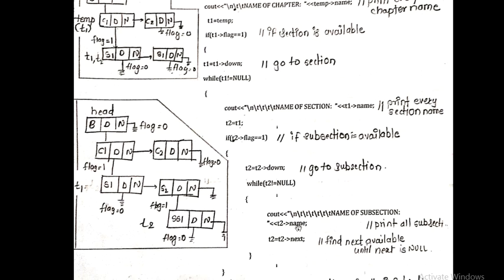So how we are traversing? The book node with the head, chapters node with the temp, section nodes with the T1, and the subsection nodes will get traversed by using the T2, right? So now we'll check until the T2 is not equal to null. You have to print out all the subsections available within it until you are finding the null, right? So until that you have to find out T2 of next, and once you are getting your T2 as a null, then you have to stop this while loop.